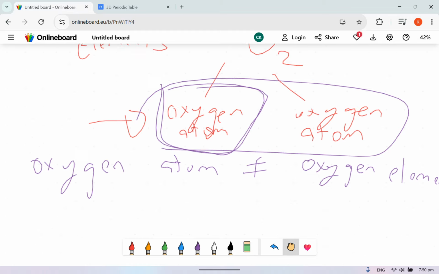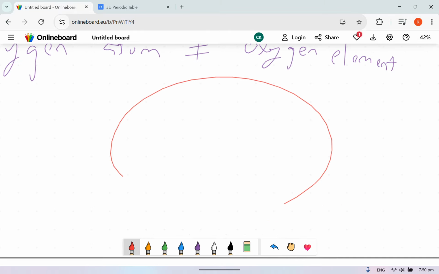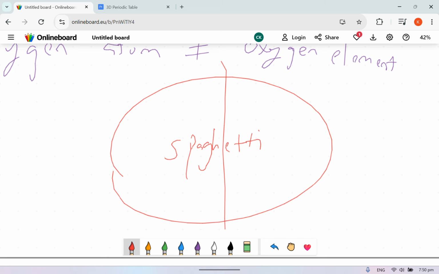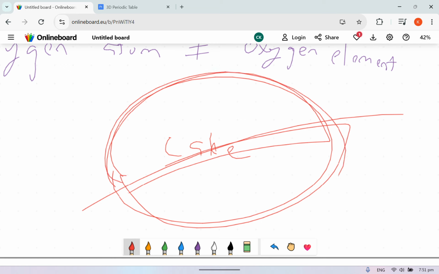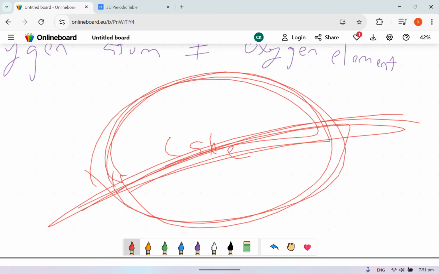I understand that, but let me just give you an analogy. If I have a bowl of spaghetti, and I split it into half. Okay, spaghetti is a bad idea. Let's say I have a piece of cake. I split it into half. This half is still cake. This half is still cake. Understand my point? It's just one half of a cake. This still belongs to the big ultimate cake, right?